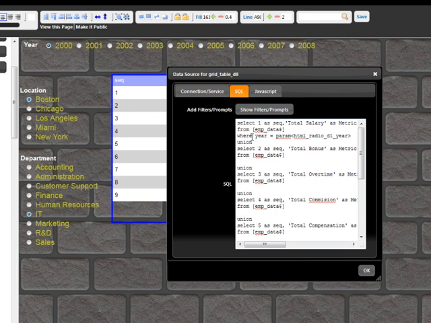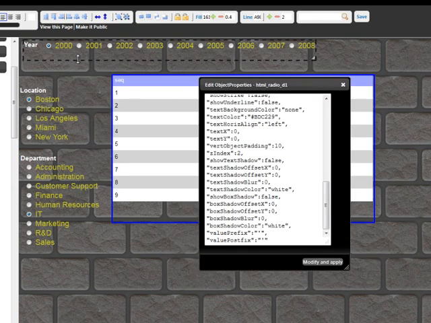Now since this is a numerical column, for every control you can edit the properties, and for the year, since it's a numerical column, I don't need to prefix the value with a single quote. So I'll just remove the single quote